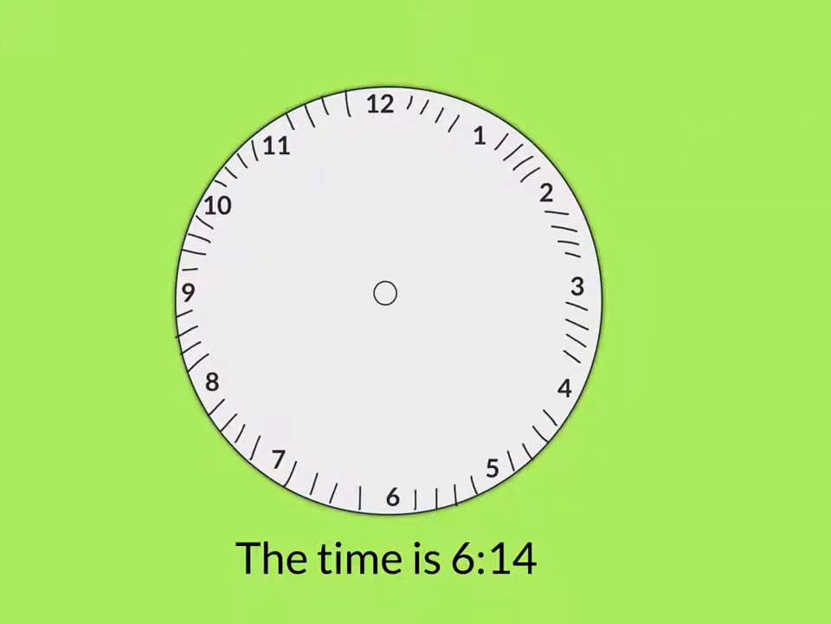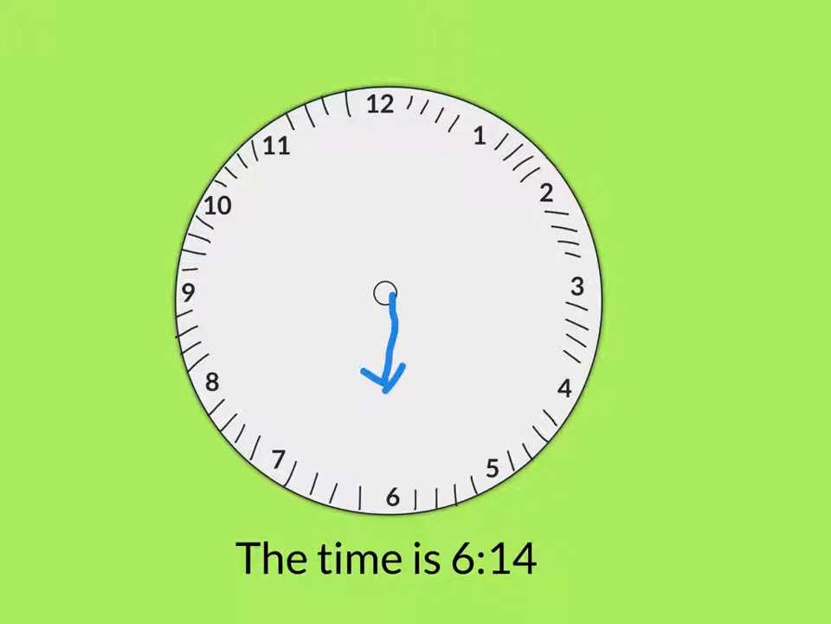For this clock, we are given the time, but we have to place the hands correctly on the clock. The time is 6:14. So let's first draw the hour hand to the 6. Okay, now let's think where 14 would be on the clock. We know that for the minutes, the number increases by 5. So, once again, 1 equals 5,